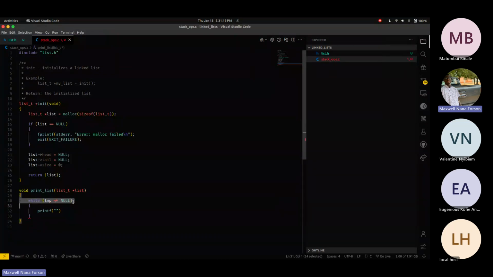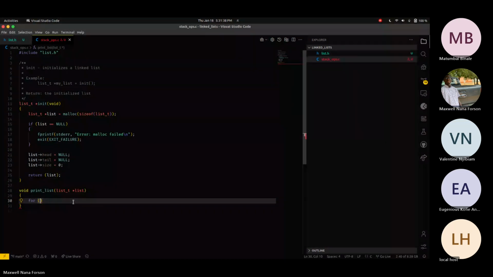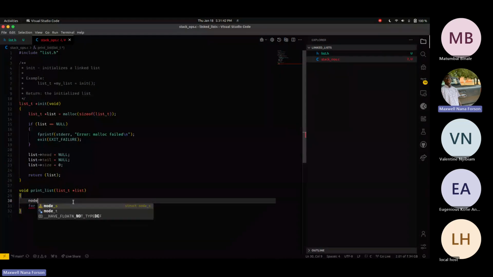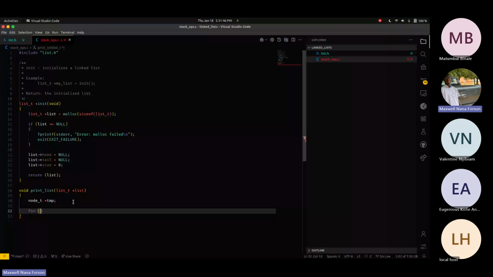Since we are keeping the size of the list, we can do something like a for loop. We can use different methods to do this same thing. So let's say we do this for node t equal to temp, and then here we can say for